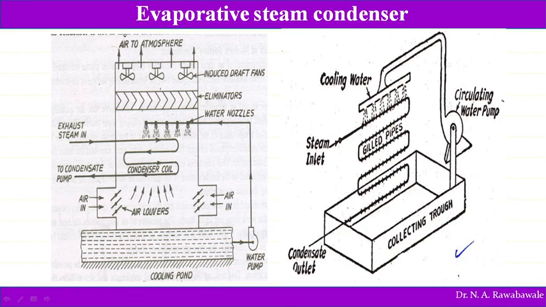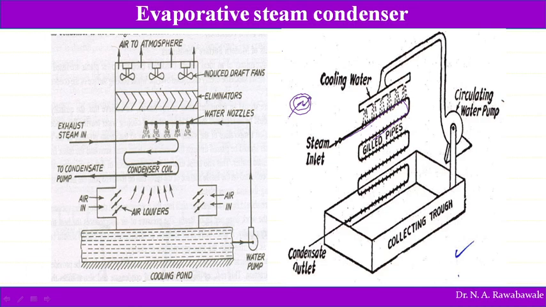Now, evaporative steam condenser. What is an evaporative steam condenser? Steam is passed through the coil, and water is sprayed around these coils. As you can see here, this is the tube through which steam is passed, and surrounding this tube, water is sprayed. So water comes in contact with the tube and heat from the steam is transferred to this layer of